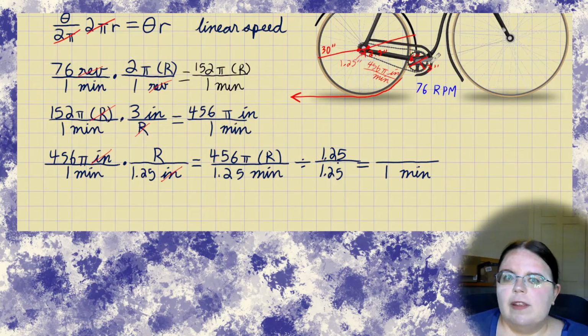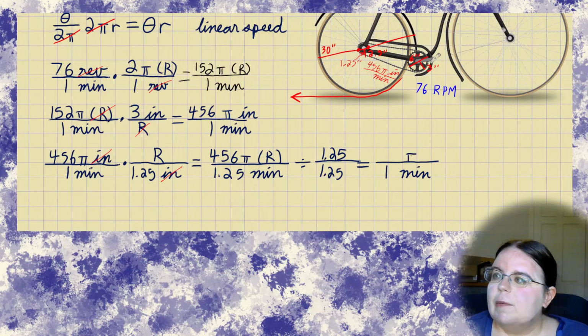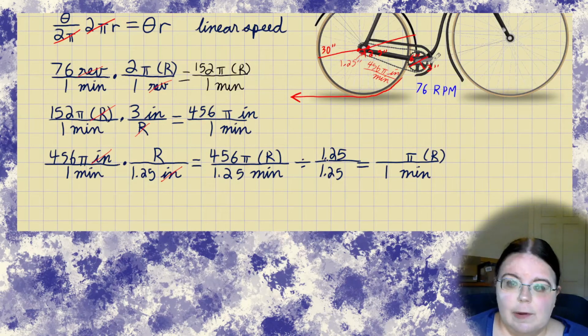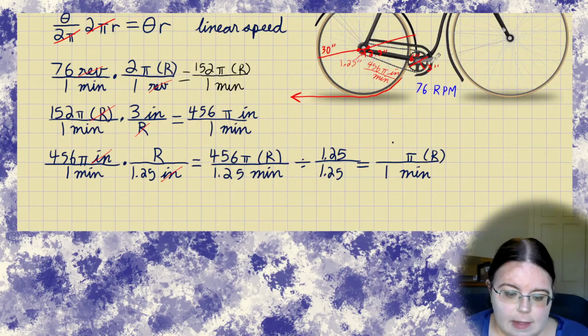Now, you have probably heard it said that when you're dividing fractions, you need to invert and multiply, and that is one way that works when it's necessary, but when the numbers happen to be compatible, it's okay to just divide across. Now, I don't know if these numbers are completely compatible, but I'm not going to fret if we fall into decimals. So I see that 1.25 divided by 1.25 would be 1, and I know that this will be some multiple of pi and in radians. I just need to know which multiple by saying, okay, 456 divided by 1.25. And again, that seems like an excellent calculator problem. My calculator informs me that that is